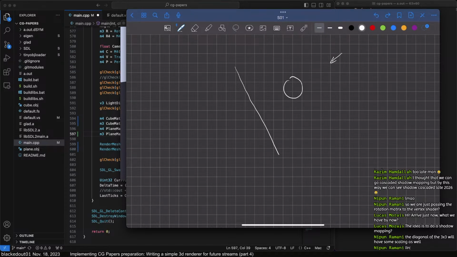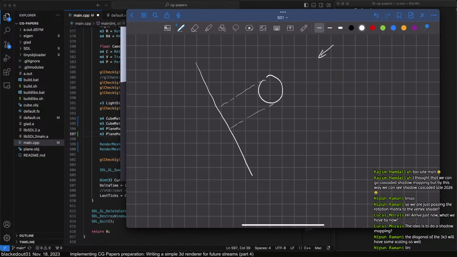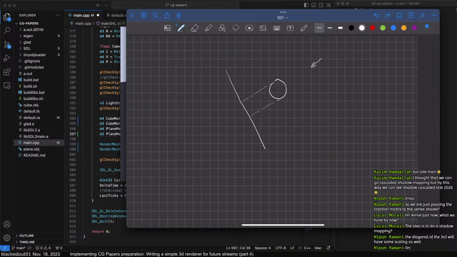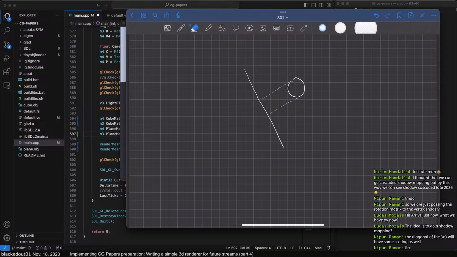So basically, the shadow is just caused by an obstruction of an object, which means that this surface is dark because this surface is lit. And yeah, so the basic idea of shadow mapping, if we don't do some kind of complicated ray tracing, is just